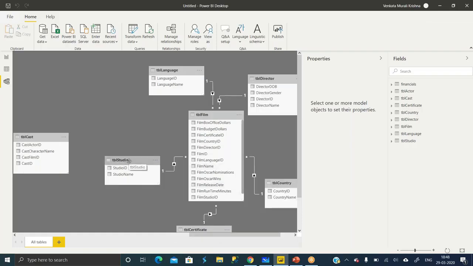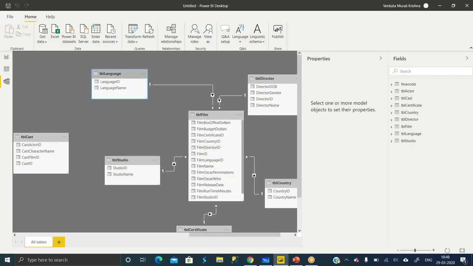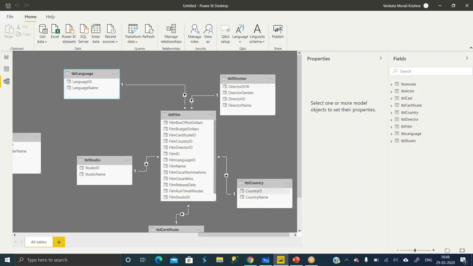Now here you can easily understand. The one-side table is called a dimension, and the many-side table is called a fact table. What this database is telling us is, we have a country dimension, director dimension, language dimension, studio dimension, and certificate dimension. Now if I go to the database,